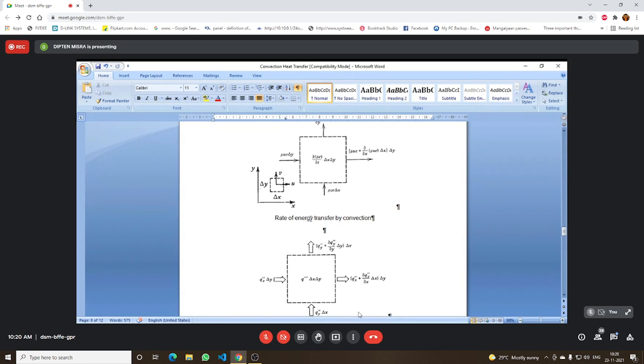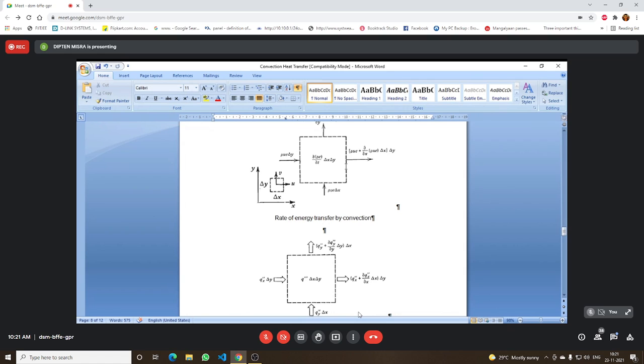What I am saying is, anything other than this thing, this E, small e, means what? It is the internal energy plus potential energy plus kinetic energy. The h plus u square by 2 that we write. Gz plus half into velocity square is the kinetic energy, and internal energy is u, which together makes the specific energy, small e. Small e consists of small u, the internal energy, plus Gz, the potential energy, and half velocity square, the kinetic energy. All in specific per kg form.